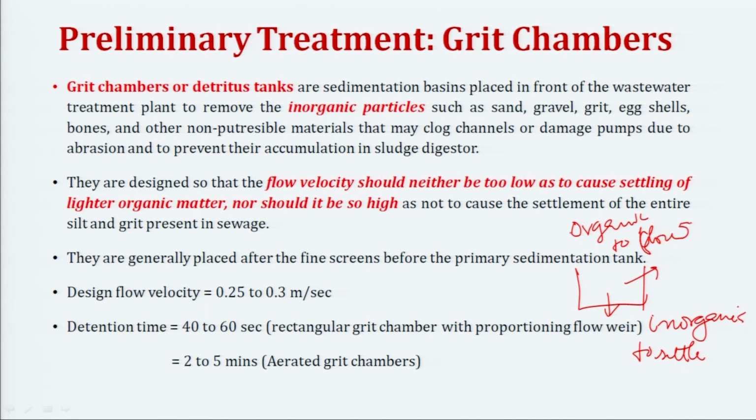They are designed so that the flow velocity should neither be too low as to cause settling